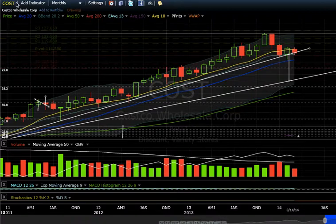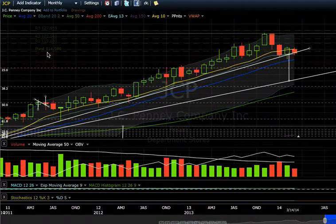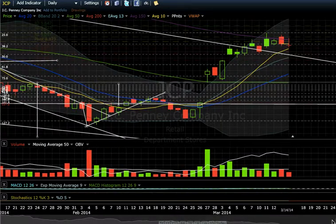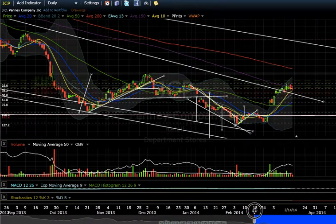Okay, let's look at JCP. I think we'll close on that very fast. I've been calling the bottom on this at $5, and sure enough, I think the long-term low is in. Pretty much this stock has just been beaten to no end. And when everyone gets negative about a stock that much, I start to go the opposite way. And I've been telling all my colleagues and friends that this is the time to pick it up around $5. And sure enough, now it's